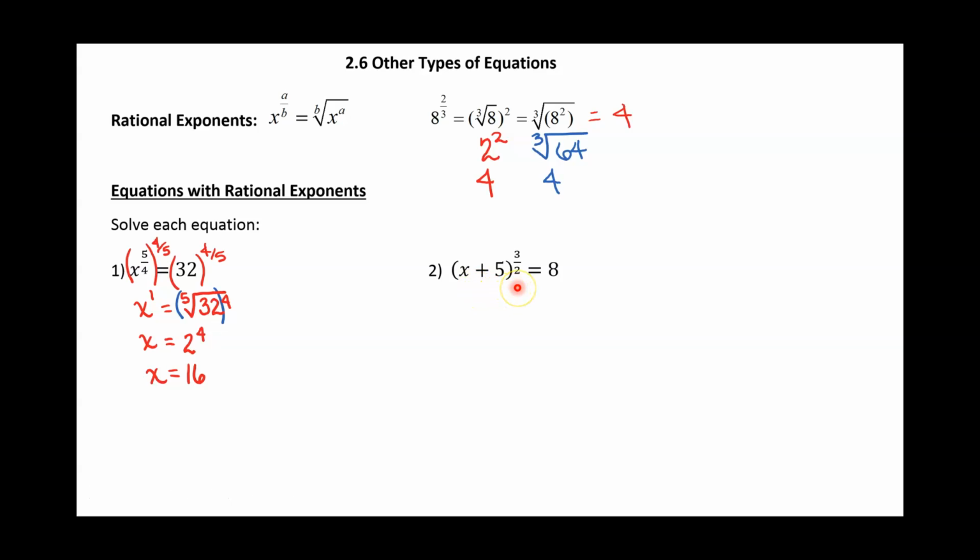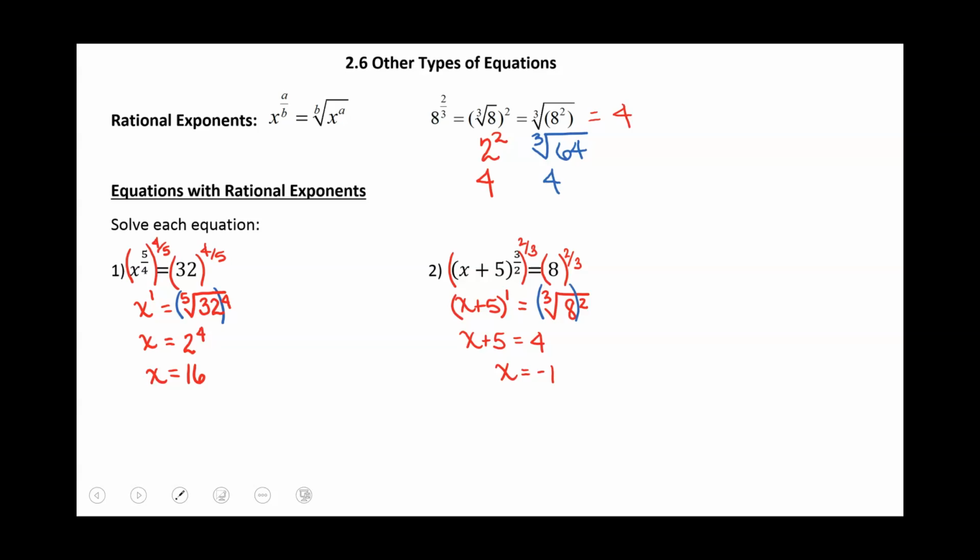If I have x plus 5 to the 3/2, I could raise that to the 2/3, because again, this is cubing it and taking the square root. This is squaring it and taking the cube root. So they will undo each other. A power raised to a power gets multiplied, and that would just be 1. So we want to raise it to its reciprocal. All right, on the opposite side, what we do to one side, we do to the other. So the exponent will be 2, and the index will be 3. And so this is the same thing we were working with up here just a moment ago. Whichever of these two methods you like better is going to give you 4. So now to get x by itself, let's subtract 5 from both sides,